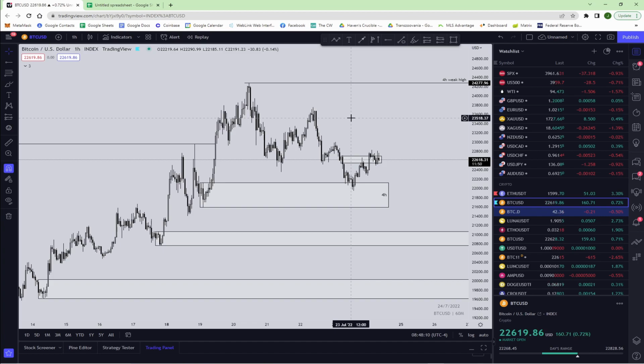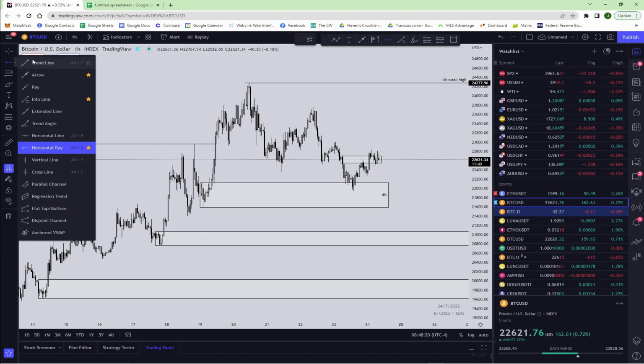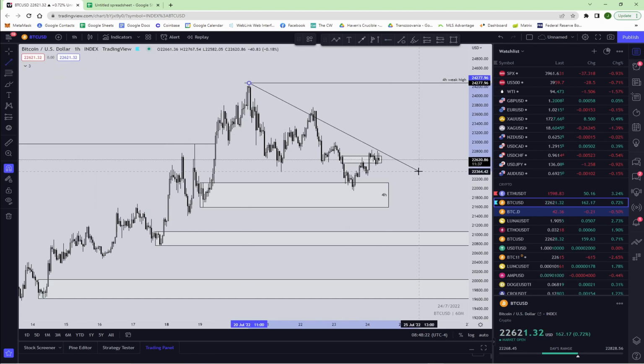Now, a lot of people will see this chart right here, and they will think, hey, this looks like it's going down, right? I'm going to draw a trend line like so. And yeah, look at this, guys. Oh my gosh. We are at the top of this. I should short this right now, right? I should short this right now. This looks like it's going down.